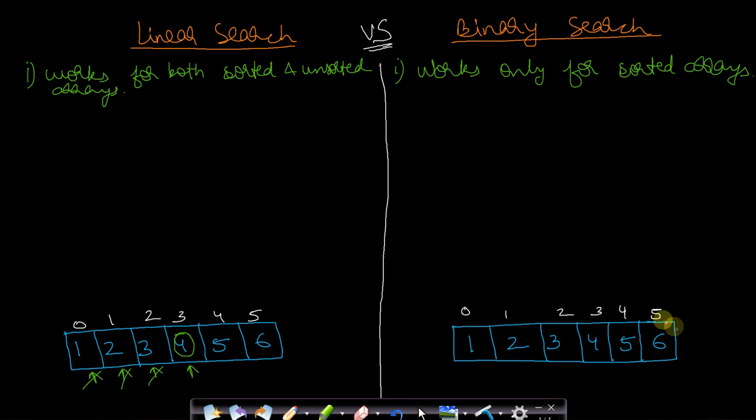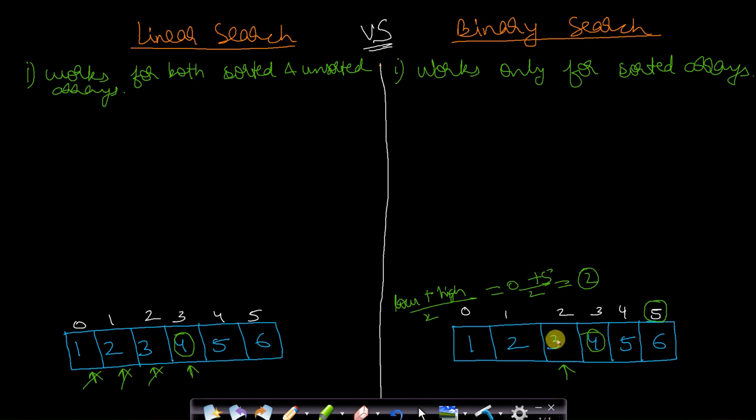What is binary search? When you search for, let us say, element 4, then you will take the entire size. The index of the last one is 5. Therefore what you do is you find the middle element, which is low index plus high index divided by 2. Here low index is 0, high index is 5, and (0 + 5) / 2 will be equal to 2, removing the fractional part. Therefore the middle element will be this one, index 2, which is having 3.